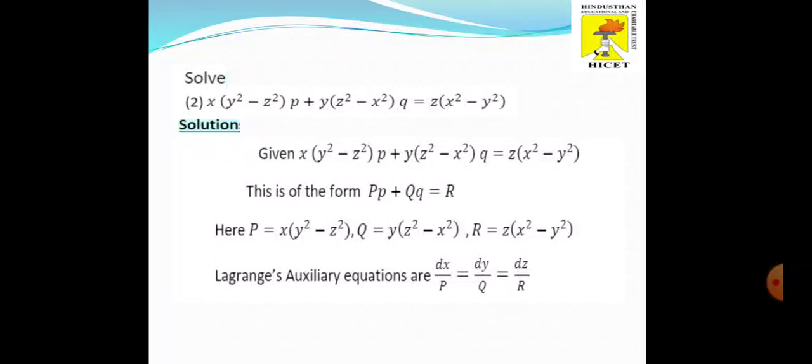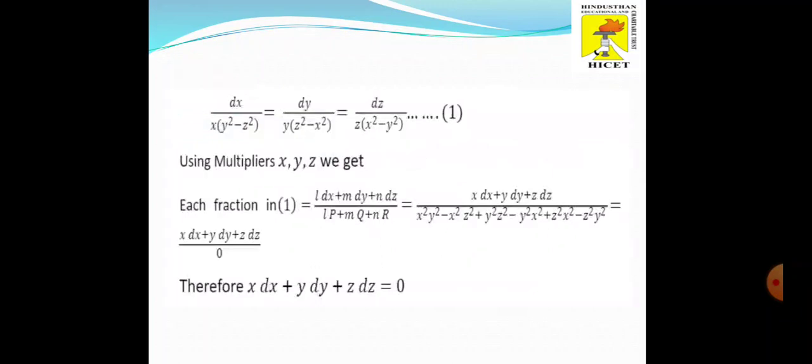dx by P is equal to dy by Q is equal to dz by R. That is dx by x (y square minus z square) is equal to dy by y (z square minus x square) is equal to dz by z (x square minus y square). Now we have to choose multipliers in such a way that the denominator gets 0. Now choose multipliers x, y, z such that L dx plus M dy plus N dz by LP plus MQ